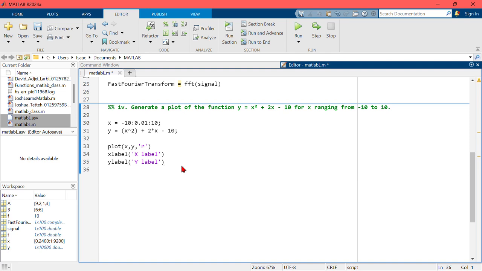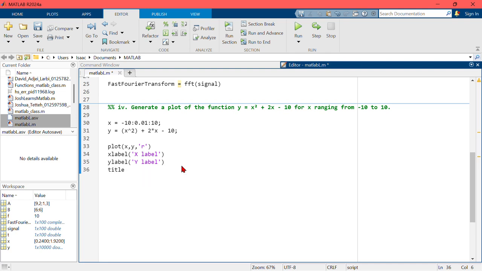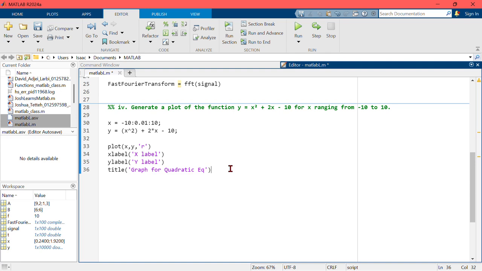Let's name that ylabel, and maybe we give it a title. Tab, give it a title. Don't forget your quotes. So let's say quadratic, I mean it's a quadratic equation. Quadratic graph, or quadratic equation. I just shorten it and use E here. So now when we run this,